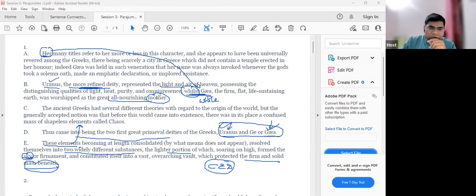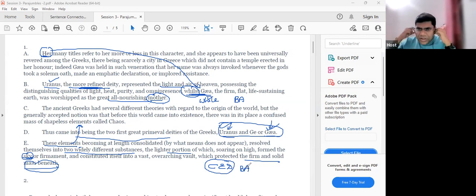Because you have used the word mother for Gaia, that means BA is a pair that comes towards the end and finishes the job. So it becomes a little lengthy because you have one more sentence. You will not have 5 sentences, hopefully, and I think it will not be there.